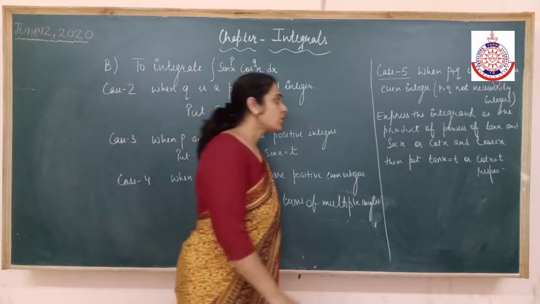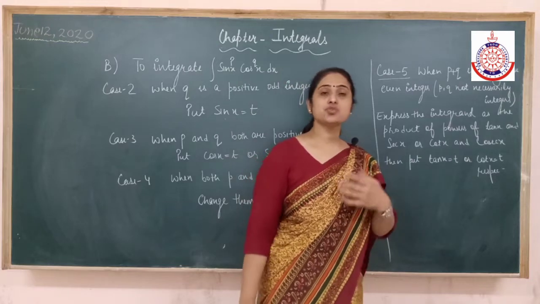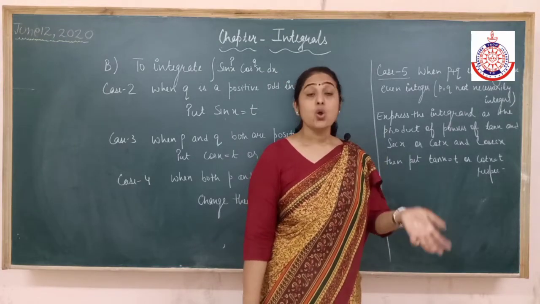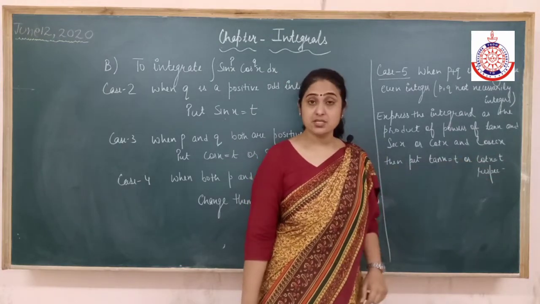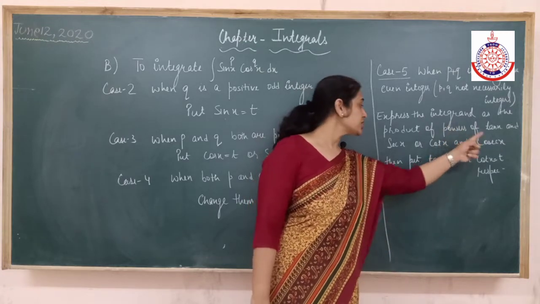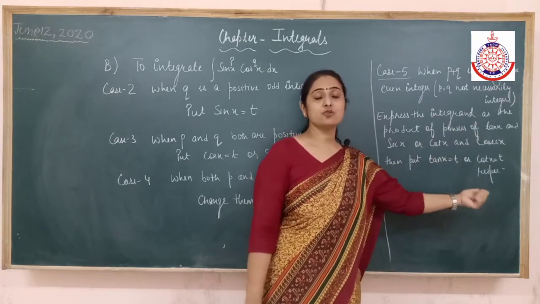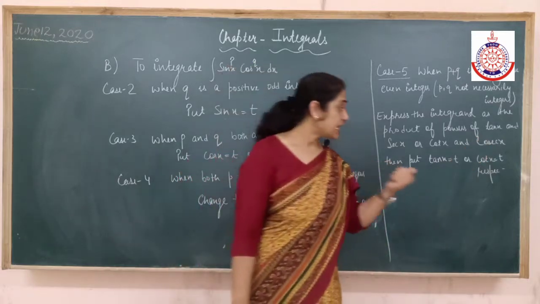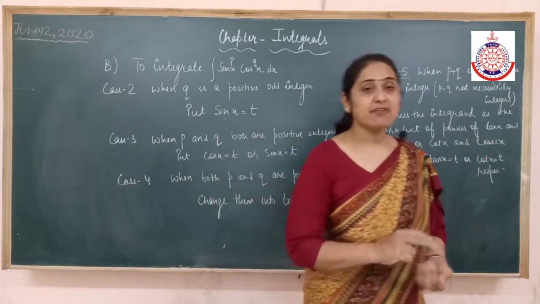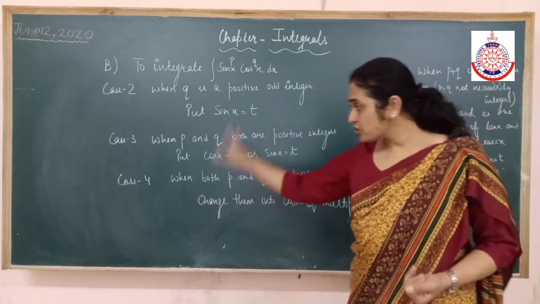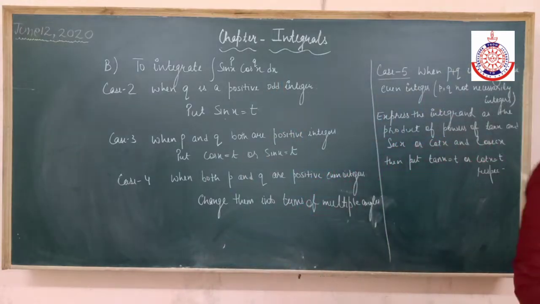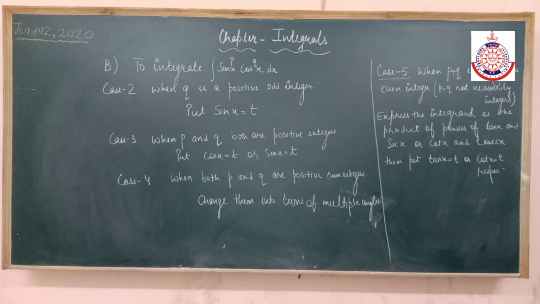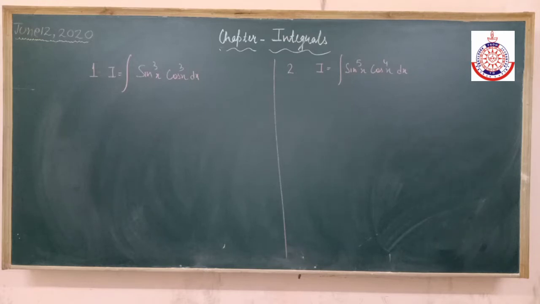Alright, then what do I have to do? We have to convert into tan and secant or cot and cosecant. If you are converting into tan and secant, I'll put tan x equals t. If you are using cot and cosecant, we will put cot x equals t, and we will proceed. Alright, to support all these things and explain them in a better way, this is just theory. We will be doing examples, then these concepts will be more clear. Let's support it with the examples.